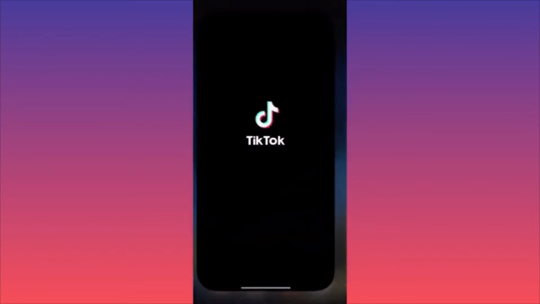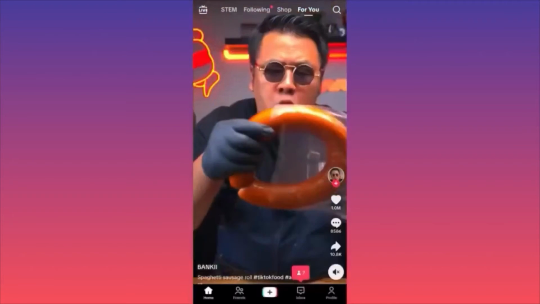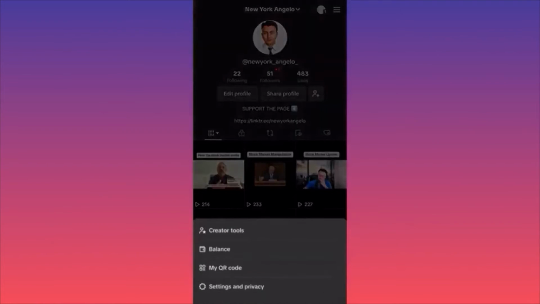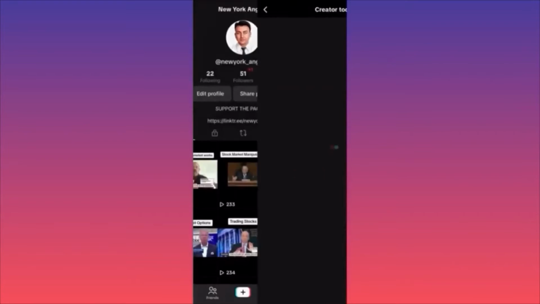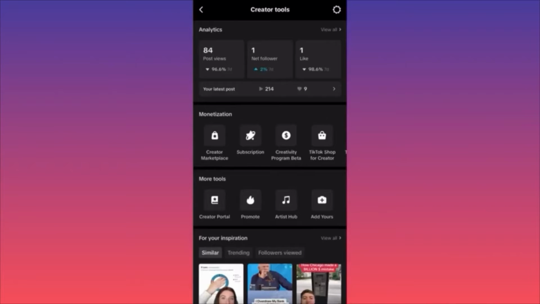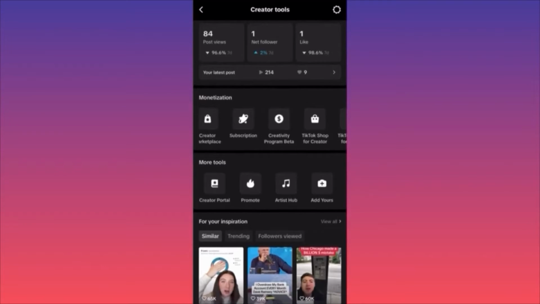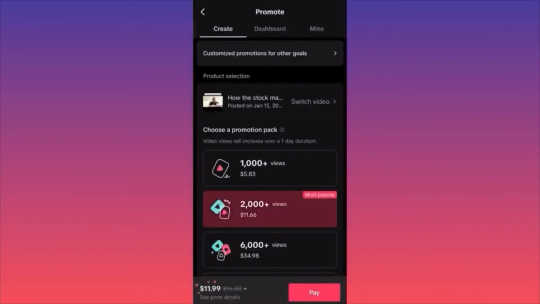Let's launch the TikTok app. Click on the lower right corner first, guys. Then you want to click on the upper right and click on the three straight lines. Then you want to click on the first option, which is Creator Tools. When you're over here, guys, I want you to come over here to the second menu, which relates to making money and monetization. So the second menu over here, More Tools, gives you the option to promote. If you click on Promote, you will see how everything actually works.